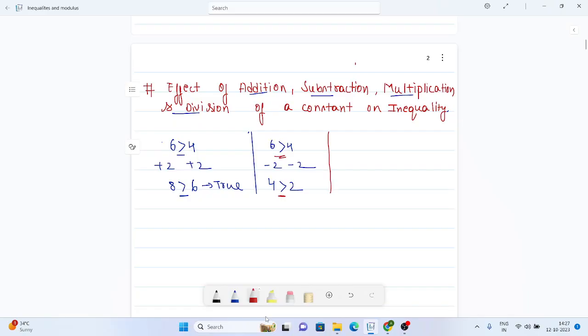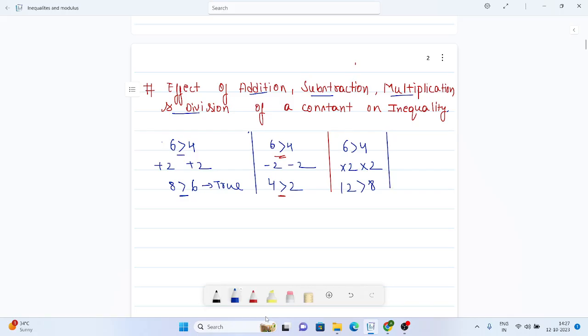Okay, let's do multiplication in the same example. If I multiply by 2 on both the sides, I get 12 is greater than 8, which is also true, means the sign also doesn't change in multiplication. Now we see